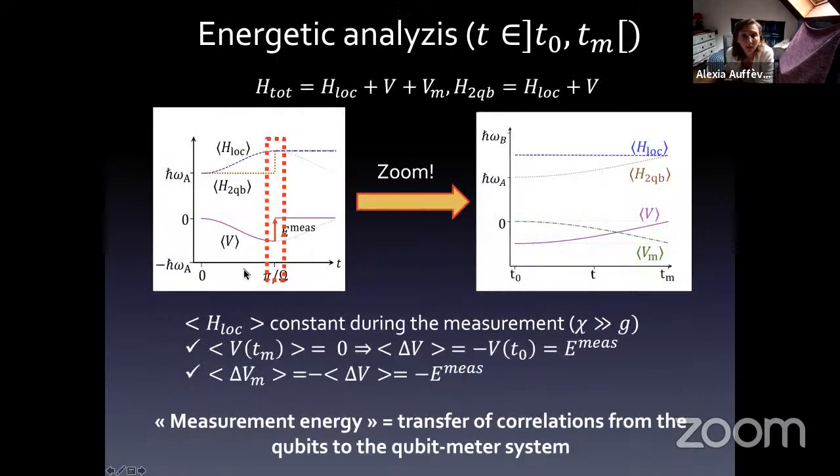So here's what's happening. You remember, if we have the classical measurement picture in mind, where the measurement is instantaneous, we have a jump of energy that corresponds to this input of quantum heat. Now with the modeling with the quantum meter, we are going to be able to zoom on this measurement and look at the energy flows within this small window here. What we must keep in mind during this process is that the local Hamiltonian term is constant during the measurement because it's very fast at the scale of the Rabi oscillation.